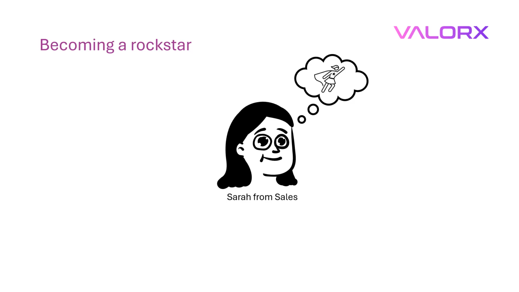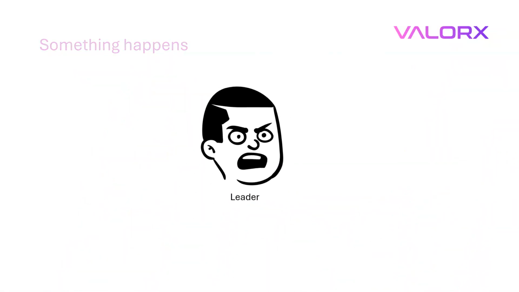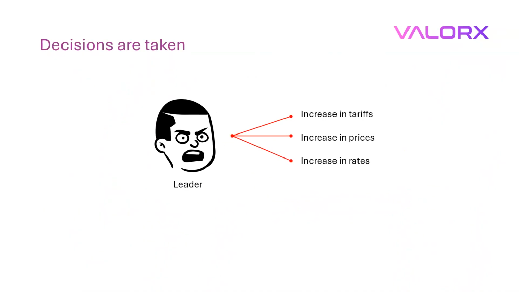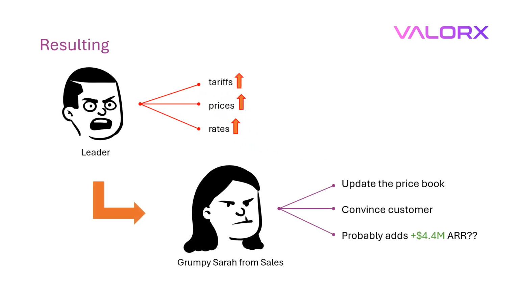Now, this is a big sales quote, and the conversion and the revenue she will be bringing in will make her a rock star. But because of external factors and geopolitical reasons, some decisions are being taken, leading to increasing tariffs, prices, and rates, which frustrates Sarah and makes her grumpy because now, obviously, she has to update the price book,